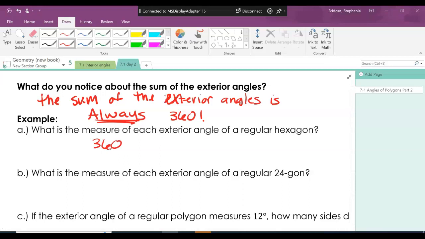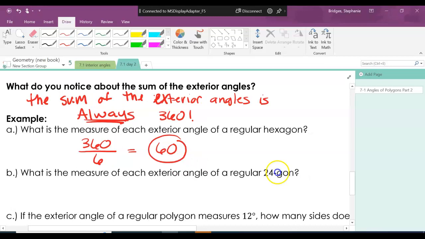The key word here says a regular hexagon. That means all of my sides and all of my angles are congruent, correct? How many sides does a hexagon have? 6. So how many exterior angles would there be in a hexagon? 6, right? So if I know all of them add up to be 360, how could I find out what just one of them is? I could do 360 divided by how many sides there are. 6. And 360 divided by 6 is